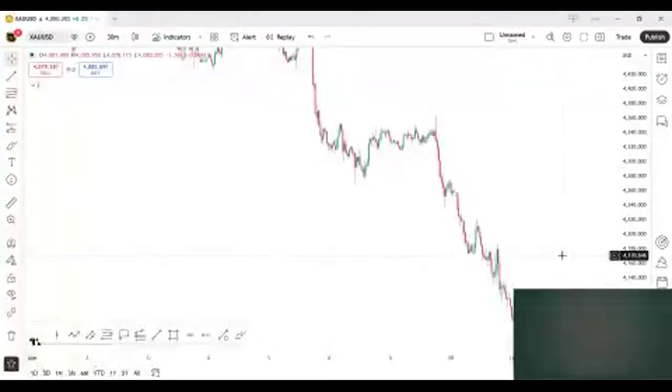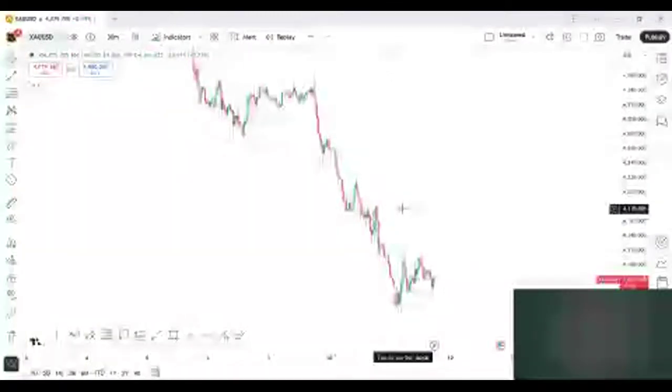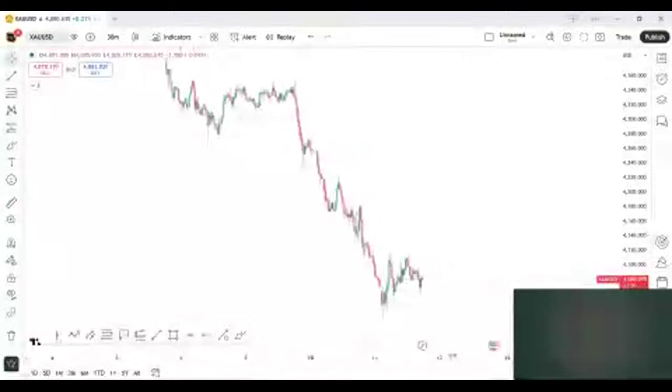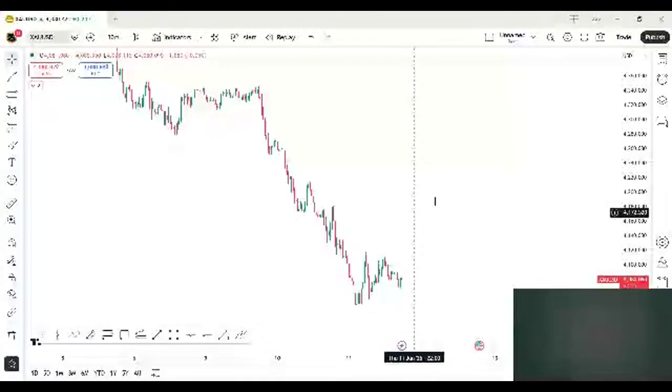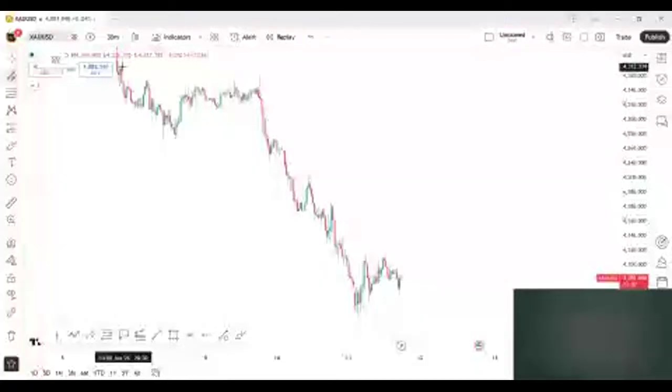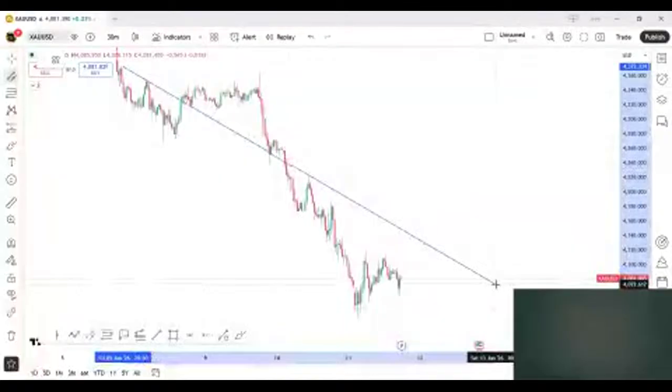So first of all, if you look here, the first thing we need to do is understand the trend of the market. As you can see, I'm opening the 30-minute time frame charts because we need more possible setups, so that we can get more positions. If you look here, as we discussed yesterday, the market was in a wedge pattern forming from this zone. If I mark it this way, you can see it here.